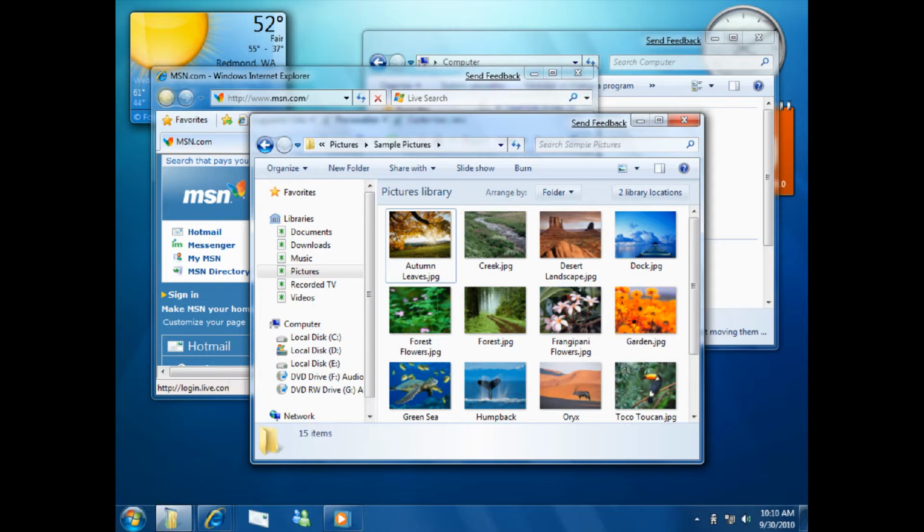It was also made for touchscreen tablets or laptops, and it just had much better performance than a lot of other computers. That's why it was made. And basically Windows Vista was basically the beta of Windows 7, so most of the features from Windows Vista are in Windows 7. So now we move on to